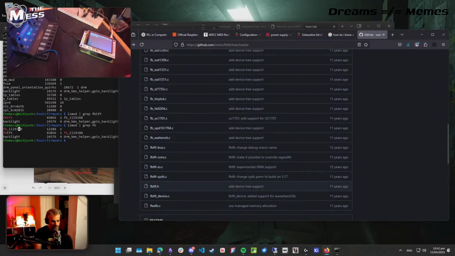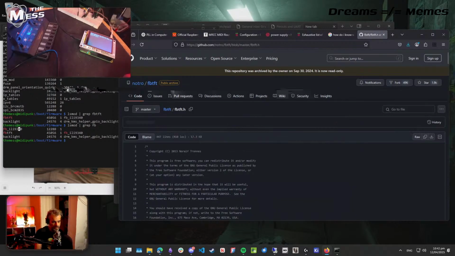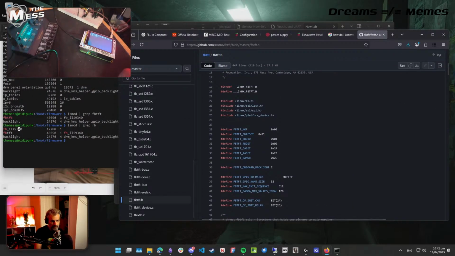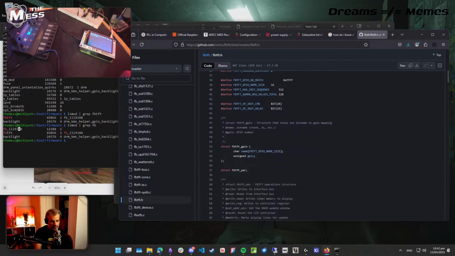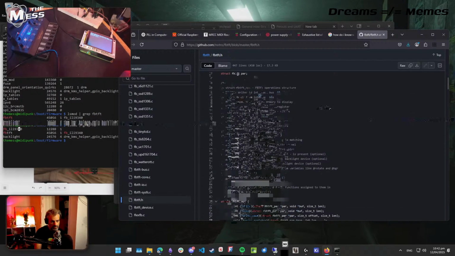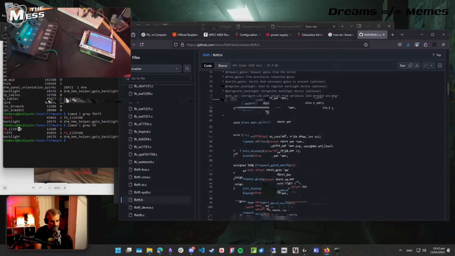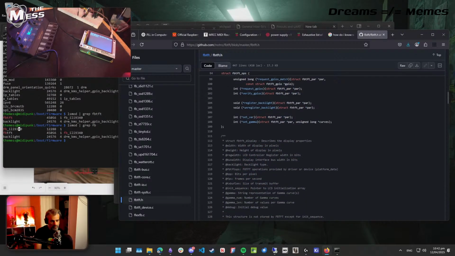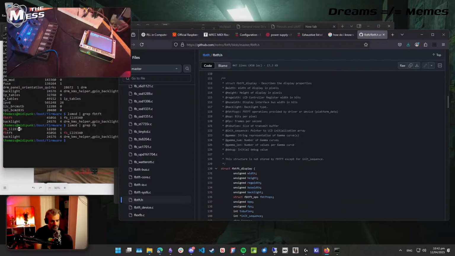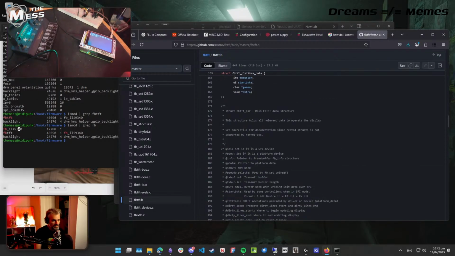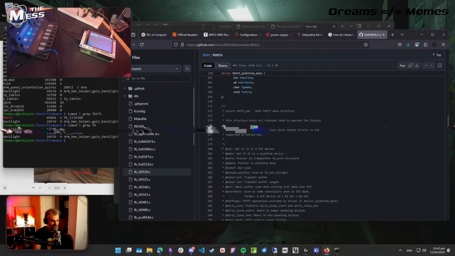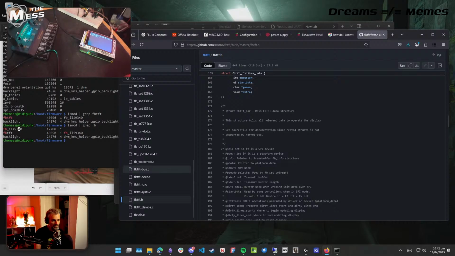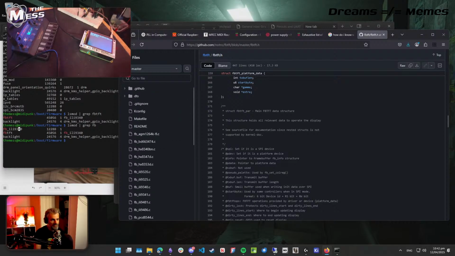FBTFT device and device tree for the header file. Suppose the display properties. Is there anything like where the hell is FBCon and all that sort of stuff? Like where does FBCon come from? Is that in here or is that